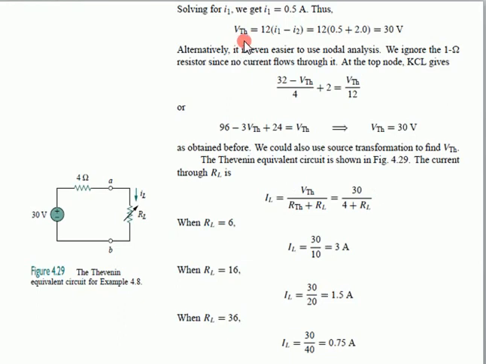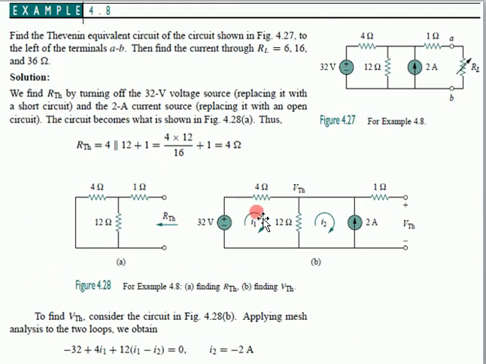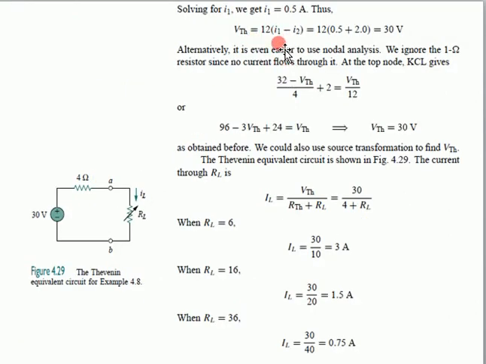Now what will be the value of V Thevenin? So here you see this, what is V Thevenin? Basically V Thevenin is the voltage of this resistor, because this 12 ohm resistor is in parallel with this V Thevenin. So what current is flowing in this 12 ohm resistor? The current I1 minus I2, or you may say I2 minus I1. So V Thevenin is equal to 12 into (I1 minus I2). By putting the values, we will get the value of 30 volt.